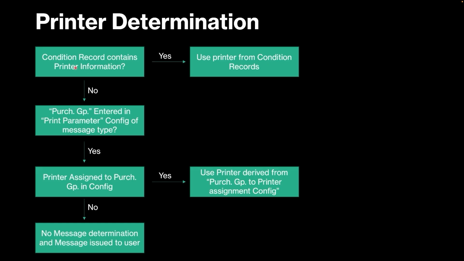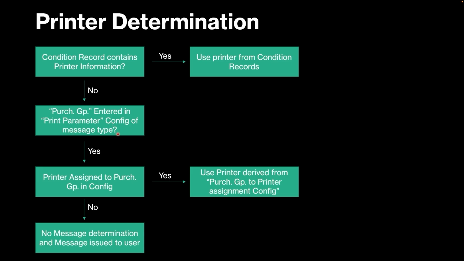First, the system will search from the condition record of that message type. And if the printer information is found in the condition record, then the system will use that printer to print the document. If this condition record has not been maintained with the printer information, then the system will go to the configuration